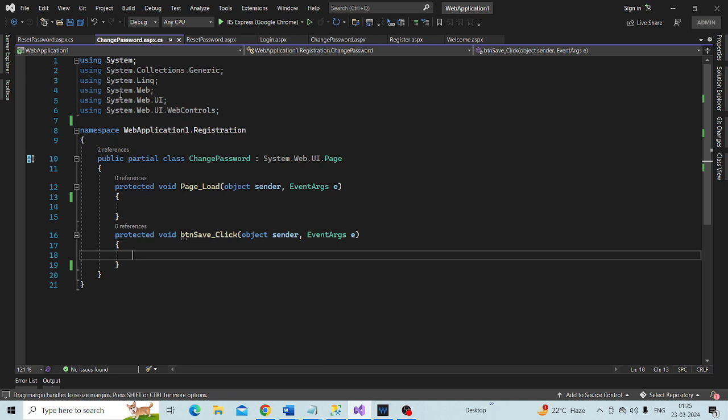When the page loads up, we want to call the stored procedure, because when the user lands on this page, at that point of time, we want to tell the user whether the password reset link is valid or invalid. So for example, if I build this at this point, and then